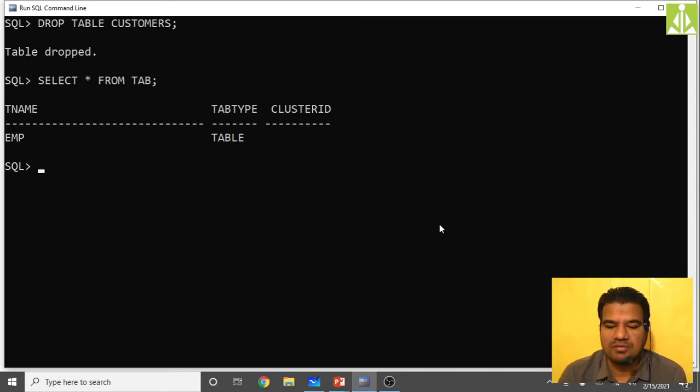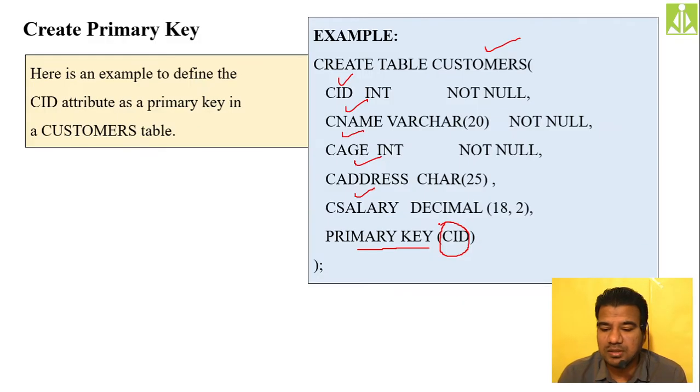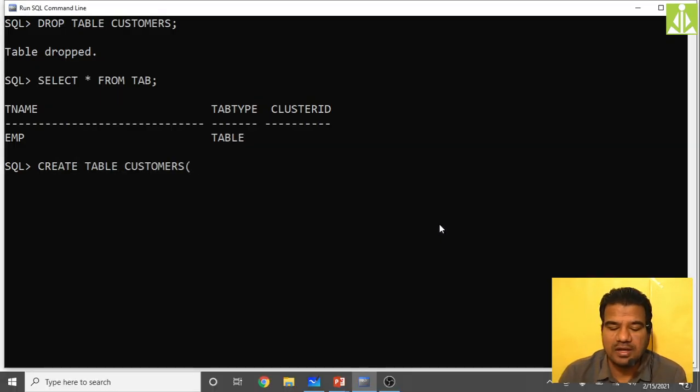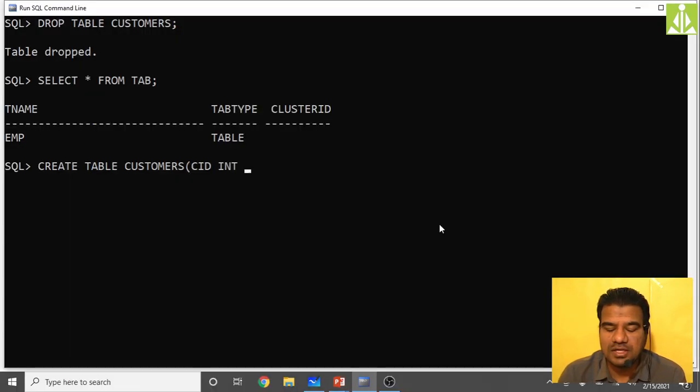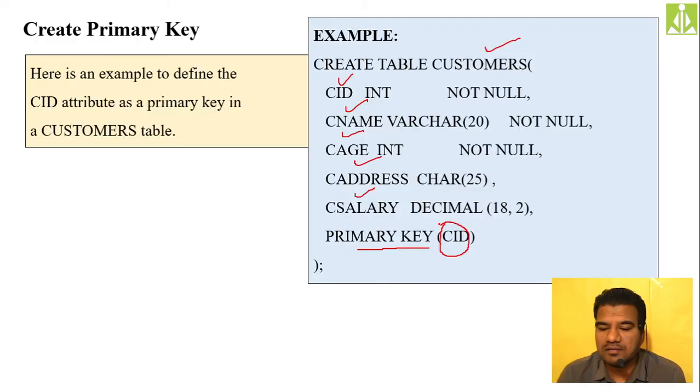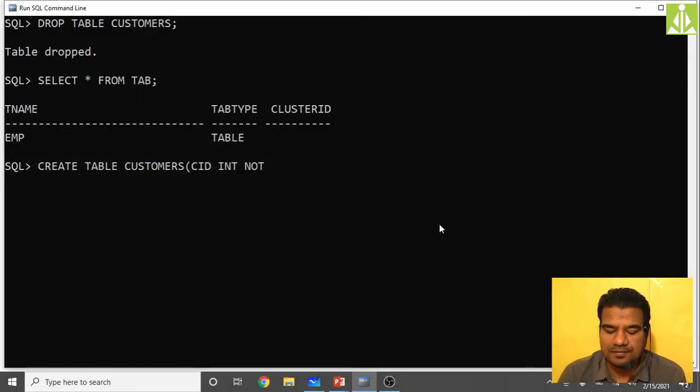See over here how I'm doing it. Create table customers, with 5 columns. CID, the data type is int, and it should be not null.